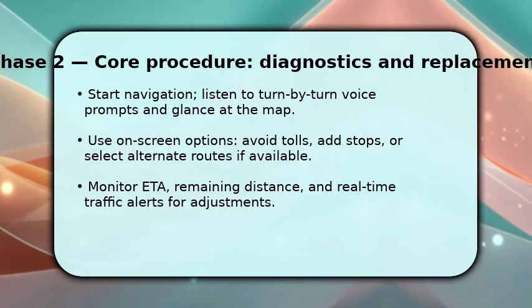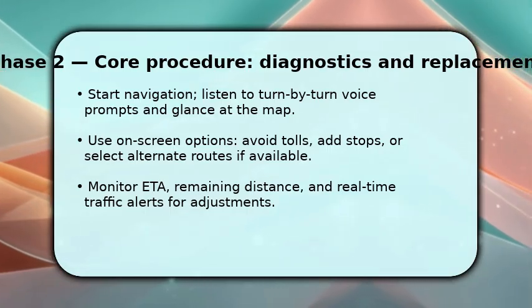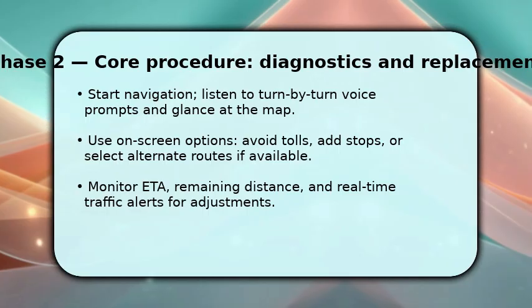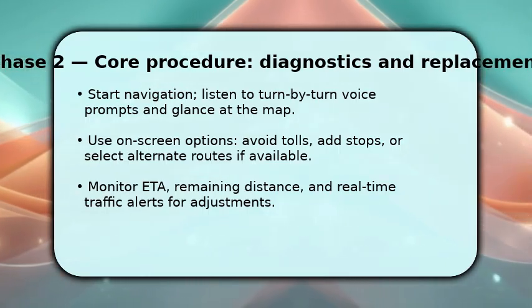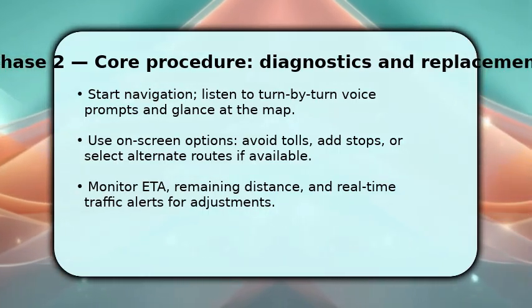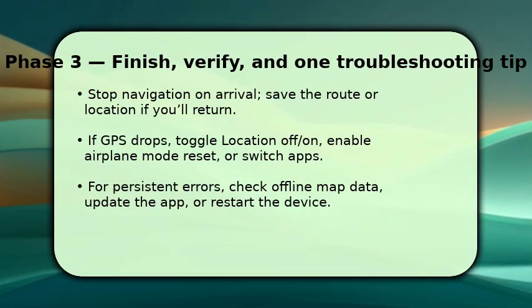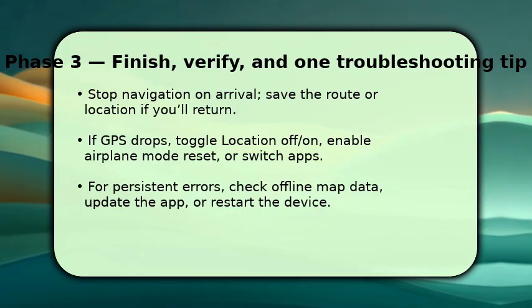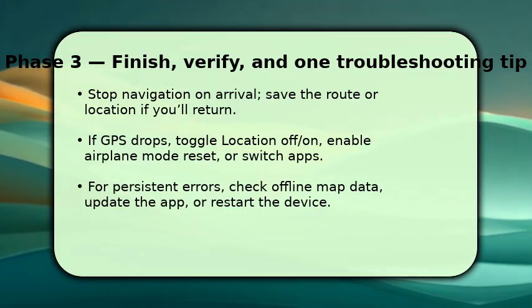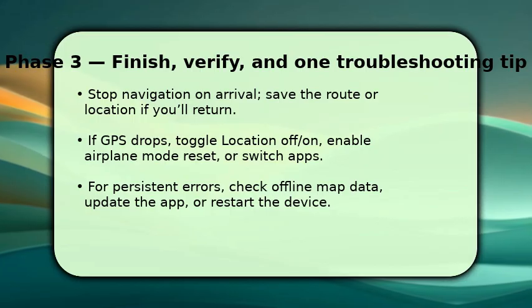Watch ETA and remaining distance so you can adjust timing. Once traffic updates appear, accept a suggested reroute or continue on the original path, depending on how much delay you tolerate. You end navigation by tapping Stop when you arrive and save the route or location for future use, so you don't recreate it. If the GPS signal drops mid-trip, toggle location off and on, or briefly enable airplane mode